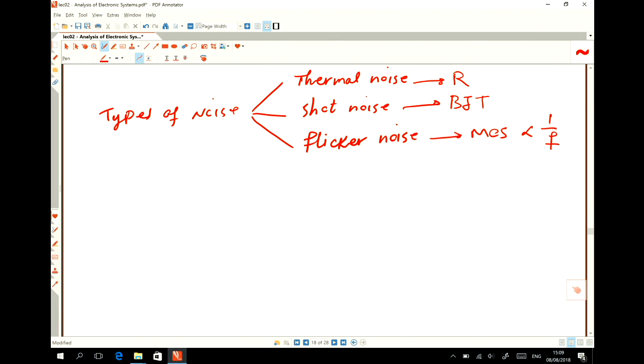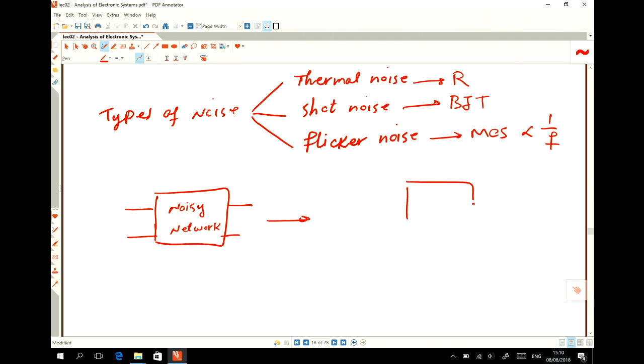I'm not going to mention the formulas again because they are already in the lecture notes. The next topic is when we have a noisy network. Assume that we have a noisy network. So this is a noisy network. Assume it's a two-port network, input, output. Then we can model this with